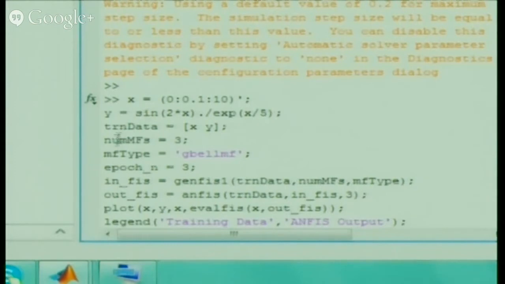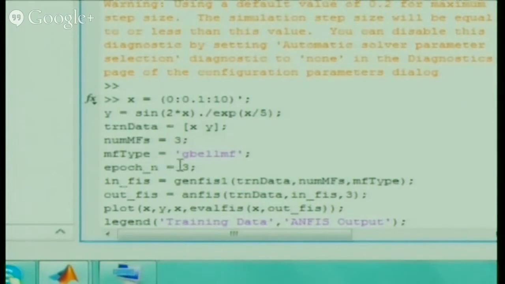Now what you're doing, you have to give the training data. First we loaded the training data. Same way here also, how many inputs there are, you just define all the inputs and give the output also. So you have defined the training data, number of membership functions. How many membership functions do you want? 3 or 5, define that.